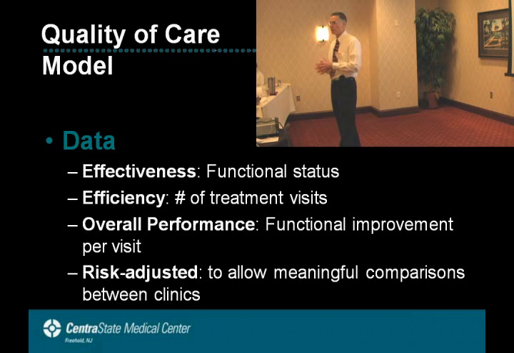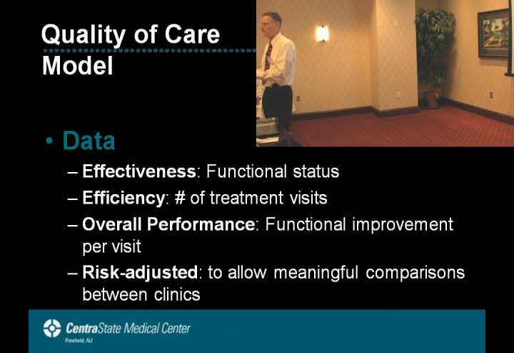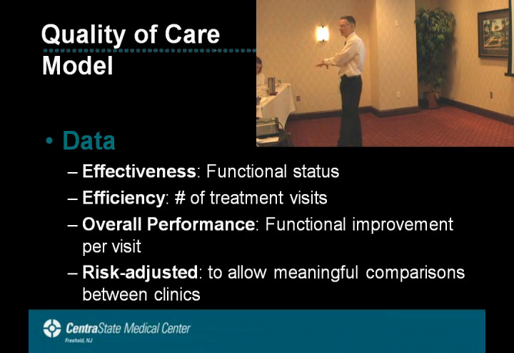And Blue Cross said, well, where's your data? And actually the week later they called Judy and started trying to collect data. But the idea here is you need to be linked. See, insurance companies want to be efficient. Let's just, like Michigan, chop them off at 6 visits. Well, that may work for the insurance company, but it's not quality of care. What hasn't happened? The effectiveness has not been linked to efficiency. Both are critical. And that was what the pay-for-performance model proposed by Dennis was. You have to combine both to make a rational assessment of the quality of care you rendered. And if you do that, you should drive reimbursement.